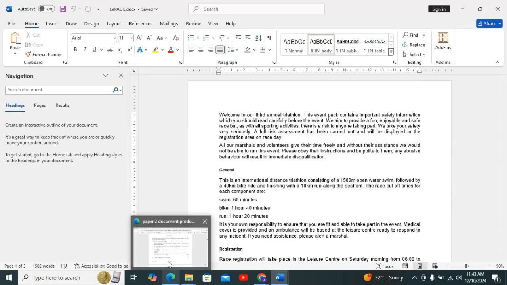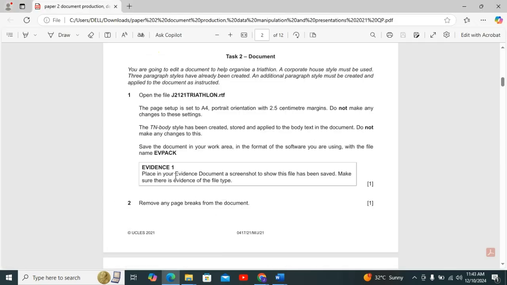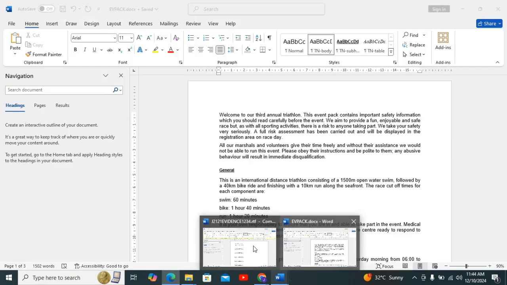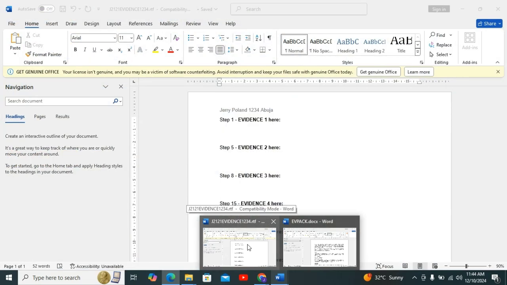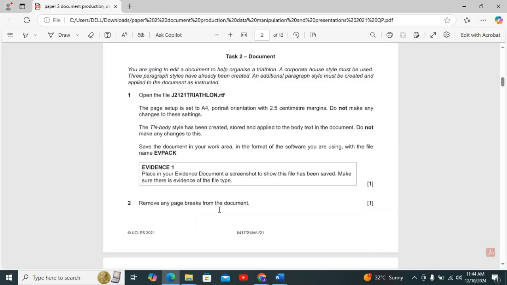Let's go see the next instruction. Now, place in your evidence document a screenshot to show this file has been saved. Make sure there is evidence of the file type. So we're going to give evidence that we have saved this file. Remember that we have the evidence Word document file, and then the one we're currently working on. So firstly, let's go to,